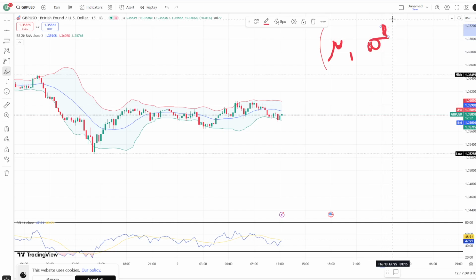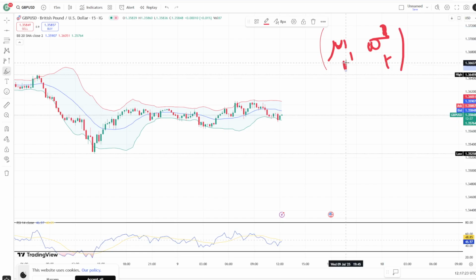Sigma square is the variance, sigma is the standard deviation. So we have mu at time t, sigma square at time t. By no means do I have the perfect definition, because I haven't read up to now on stochastic calculus or anything like that, but